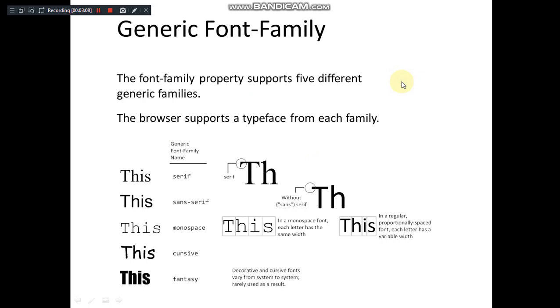You can also mention a generic font family name rather than being specific, like serif, sans-serif, monospace. You need not be very particular. For Courier, the generic name is monospace. You know that we call another style cursive. When we know the generic name is cursive but don't know the specific name given for that, we can use the generic font family name. This is the fantasy kind. We have several families which come under fantasy and under cursive. So you can be generic, and the one which comes on top is selected by the browser.